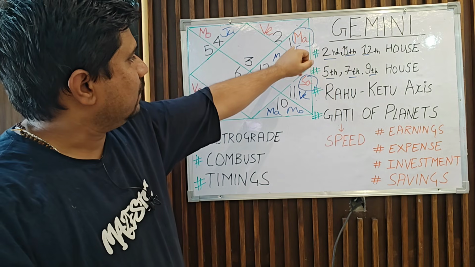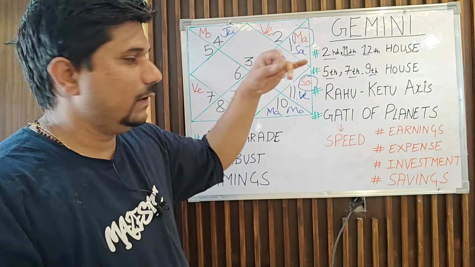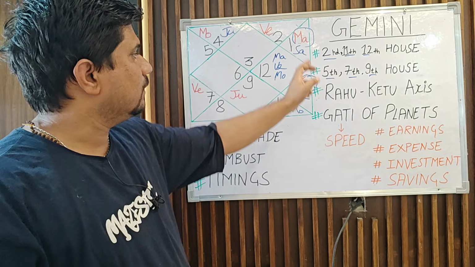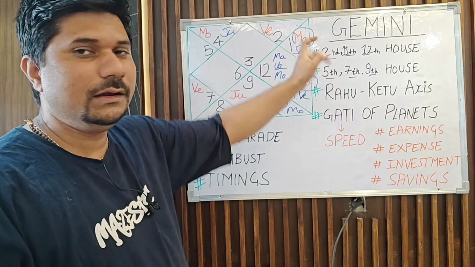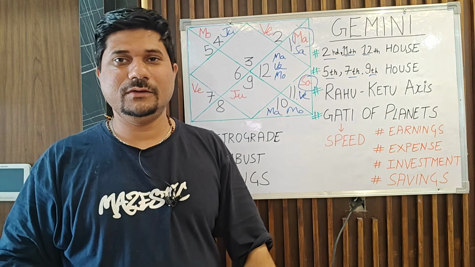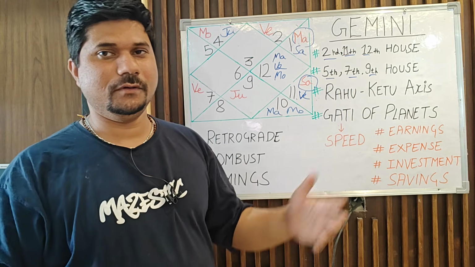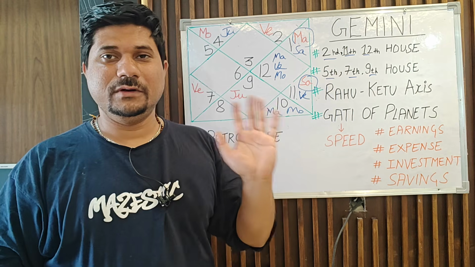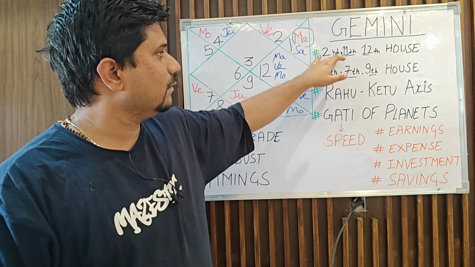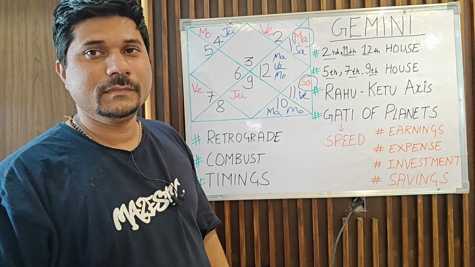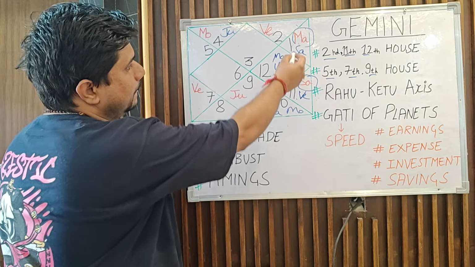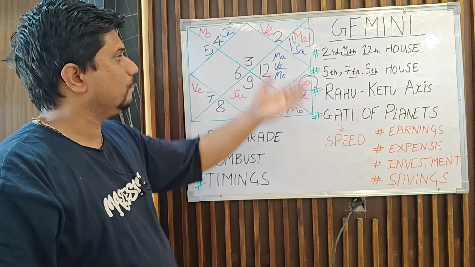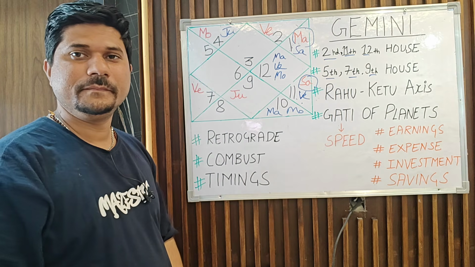Now here, although Shani is debilitated in the sign of Aries, Shani is Neech. Neech means sitting in the lowest position. But still, this Shani and Mangal in this house have the capacity to give you millions and even billions of dollars. This simple combination. You understand how these houses are now supporting each other? The 11th house is getting the support of the 9th house. And if the 9th house is supporting the 11th house, it's a very good yoga.